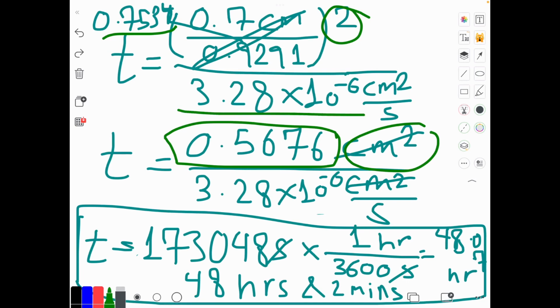And that value doesn't change. We divide, so centimeters squared goes away. We have only seconds remaining. So you get something which I don't think is reasonable. I don't know, maybe I played with the numbers, but I get 173,